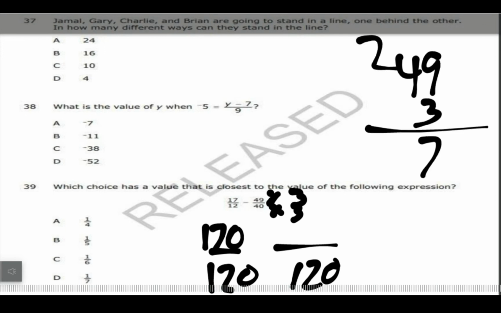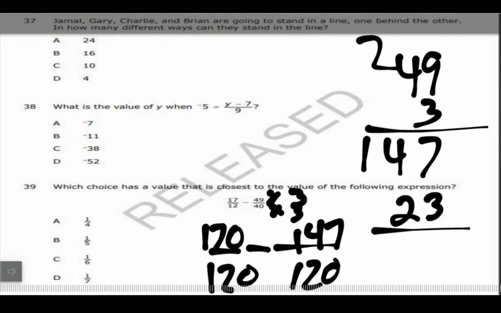So that would be 27. Carry my 2, and that'd be 147. So for getting the common denominator, I would subtract 170 from my 147. That would give me 23, so that's 23 out of 120. And it says, which is the closest? I don't think I can simplify that. So I kind of got to figure out,